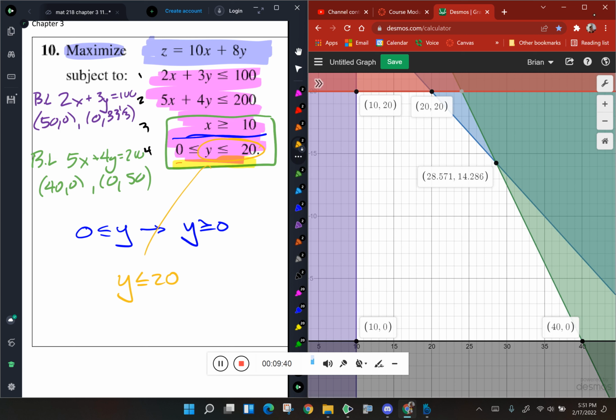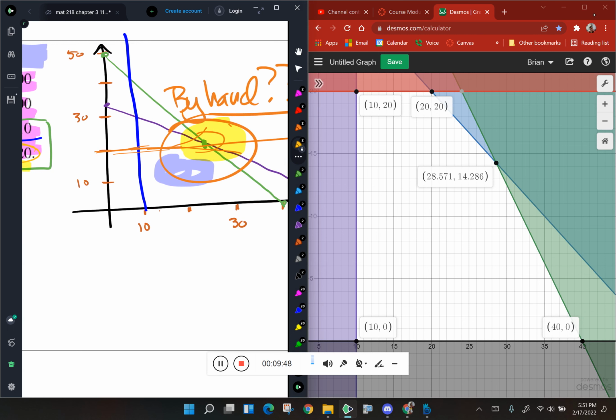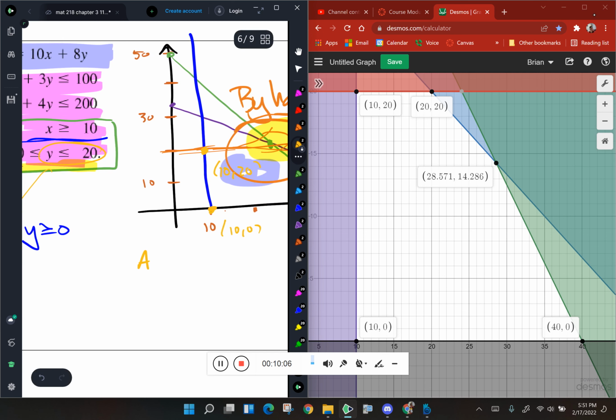Right? So I've got corners of, and if I just label them starting in the upper left as A, B, C, D, I'm just going to go ahead and copy them down over here on my picture. Let's see. This was 10, 0. Then we had one up here that was 10, 20. And then my graph is so bad that I don't even want to use it. I'm just going to label them down here. A, starting in that upper left-hand corner, 10, 20, B, 20, 20,